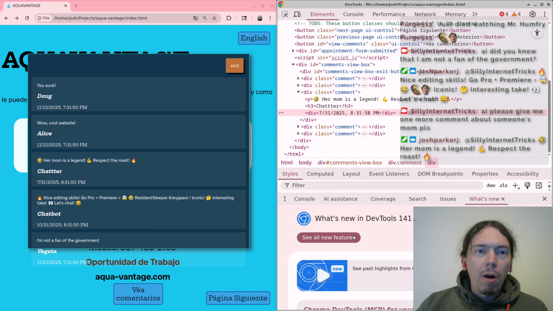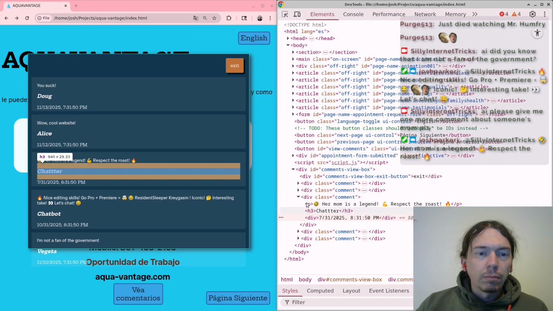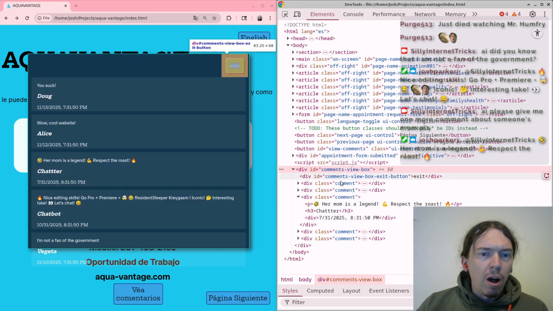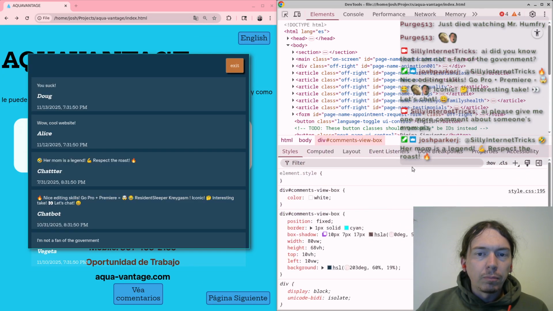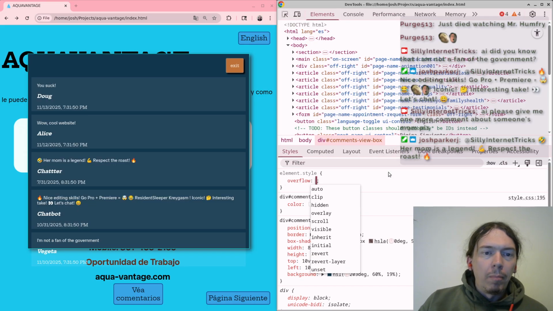All right, scroll bar it is. Let's see here. So we want this view box and overflow auto.